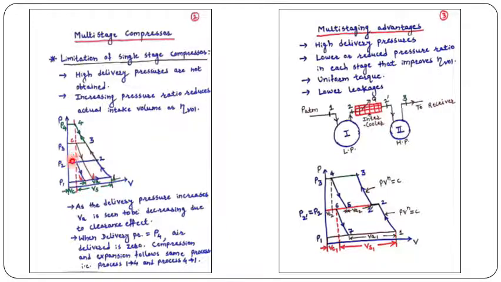Now, it can be easily understood from this PV diagram. Let me consider that initially the delivery pressure is P2. So, this is the delivery pressure, suction is at P1. So, P1 to point 1, that is suction, 1 to 2 is the compression and 2 to A is the delivery, and because of the clearance effect you have this expansion from A to B. So, the actual volume which is sucked in is from B to 1, but now suppose I increase the delivery pressure to P3 instead of P2, then what happens?